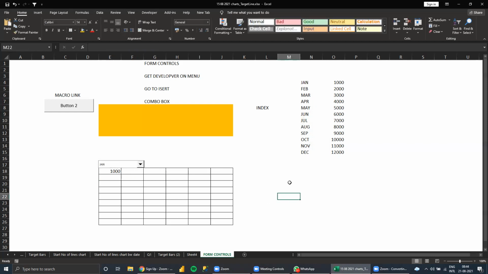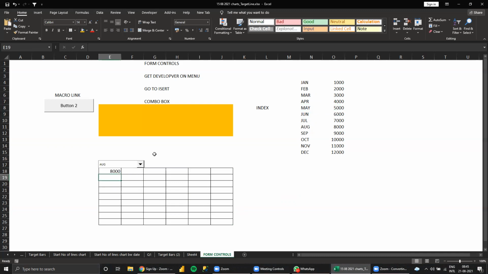Now see here, there's a report. Now what is the list I want here? May list. See here, May means 5,000. How will we get 5,000? See here. It beautifully presents the value. All the values come through VLOOKUP or whatever logic fills here. So this is how we can use form controls based on the list.